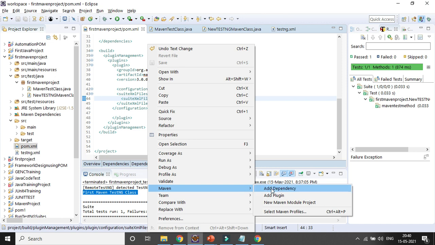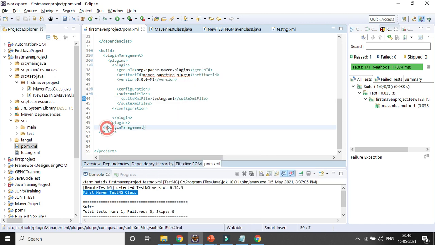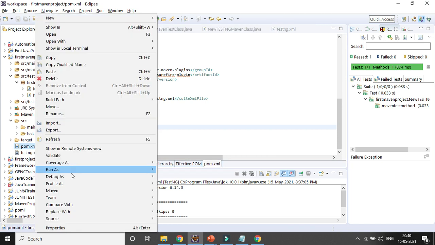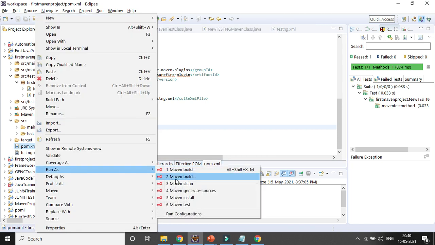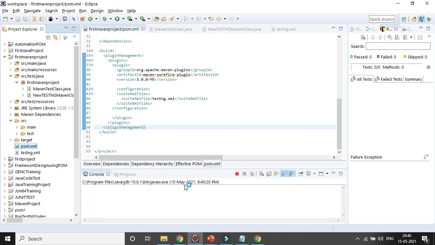Run as, you need to go with the run as option. First click on clean, so it will clean the project and remove everything from the last run. So you can go step by step instead of running it in a single shot Maven run.